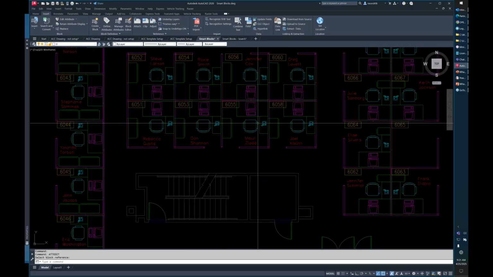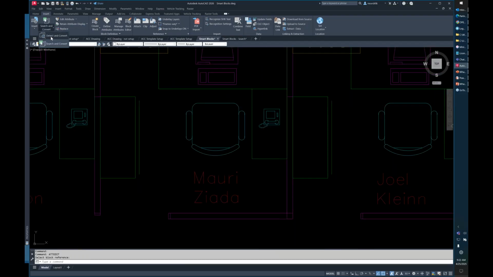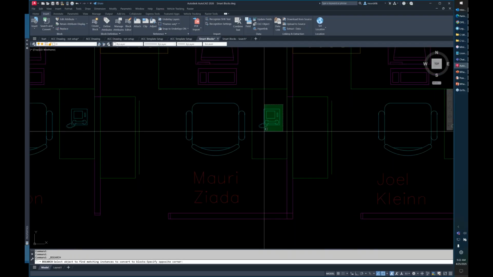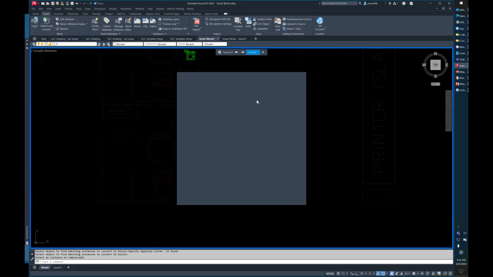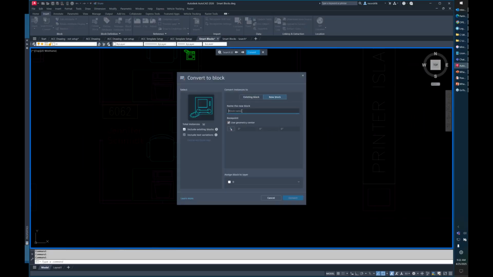So like I've got this piece right here. Let's do a search and convert. Grab this information right here. And you're going to see it highlights all the phones. We can convert that to a block, right? And this will be phone. Right, and we can put this on the,